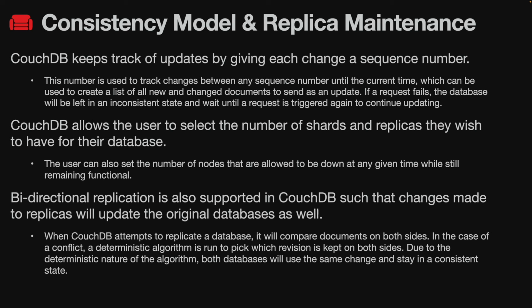In terms of consistency model and replica maintenance, CouchDB keeps track of updates by giving each change a sequence number. This number is used to track changes between any sequence number until the current time, which can be used to create a list of all new and changed documents to send as an update. If a request fails, the database will be left in an inconsistent state and wait until a request is triggered